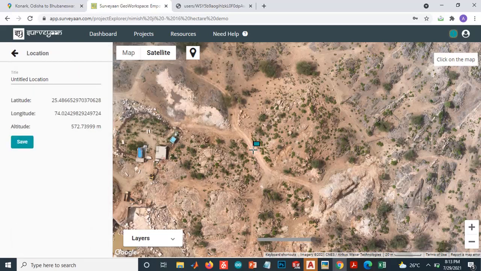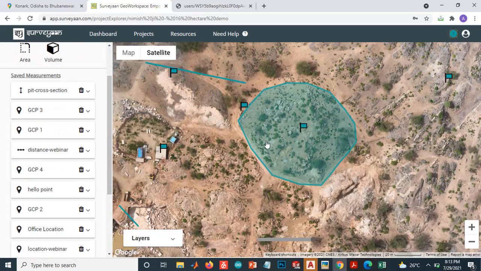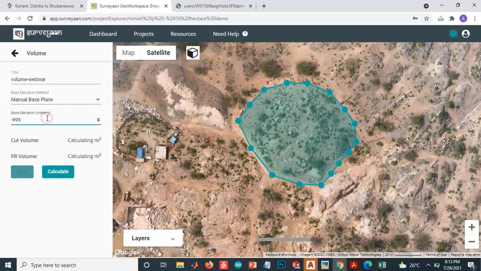So it was 572.73. Okay, then I'll again go to this volume and I'll select 572.73 and then I'll calculate. So